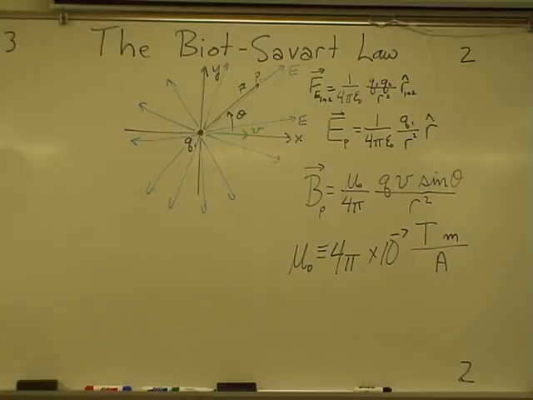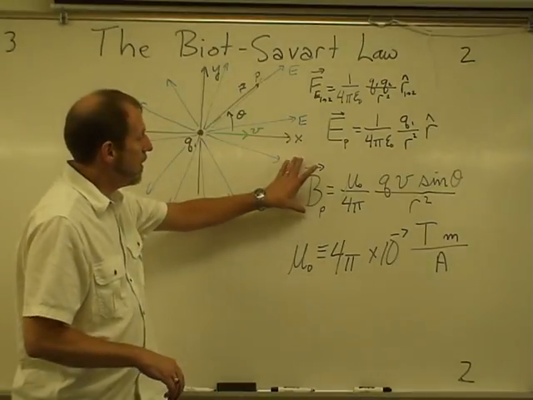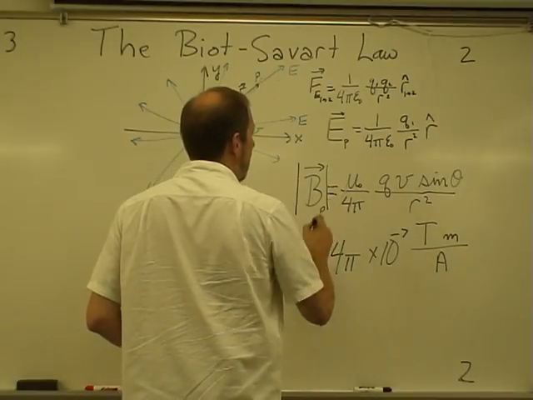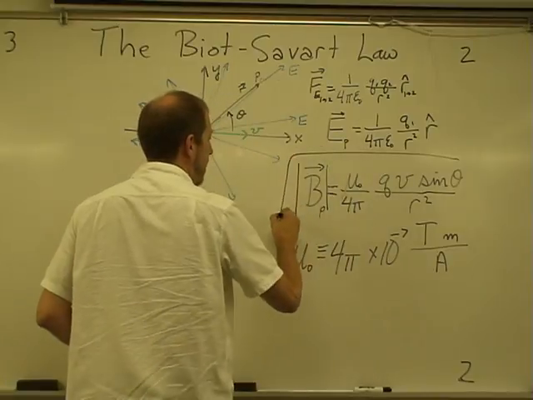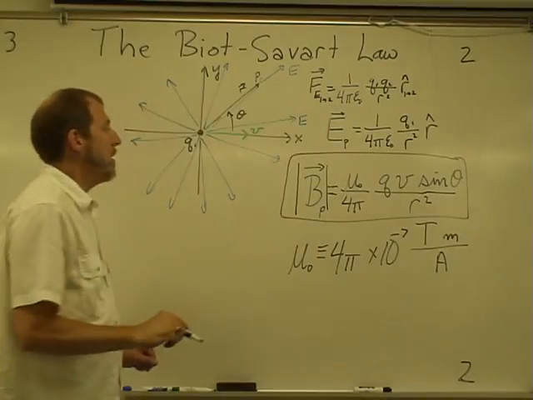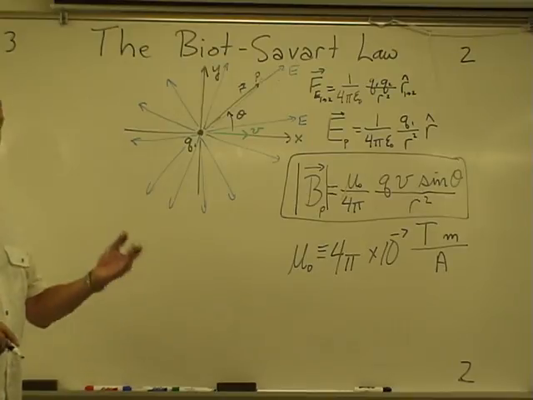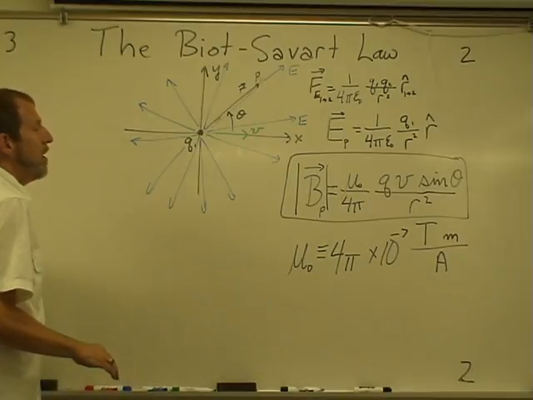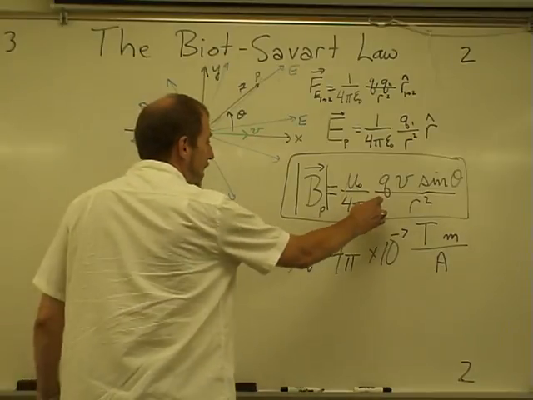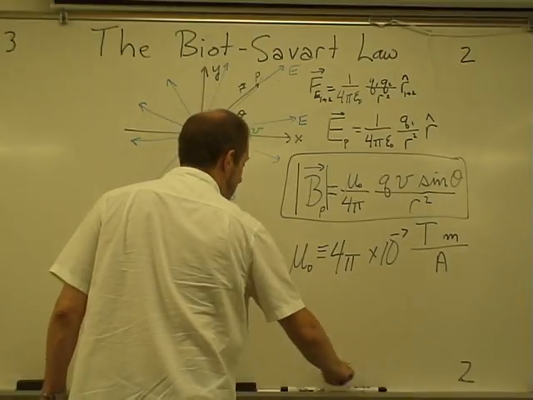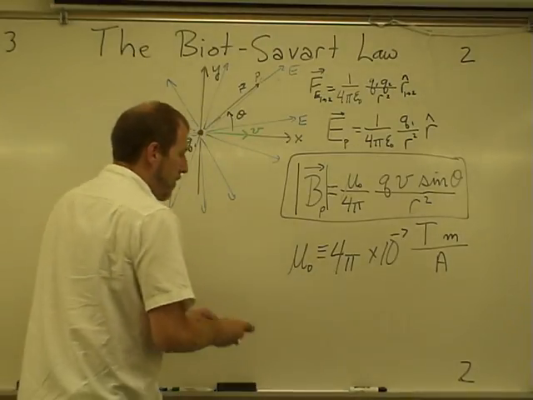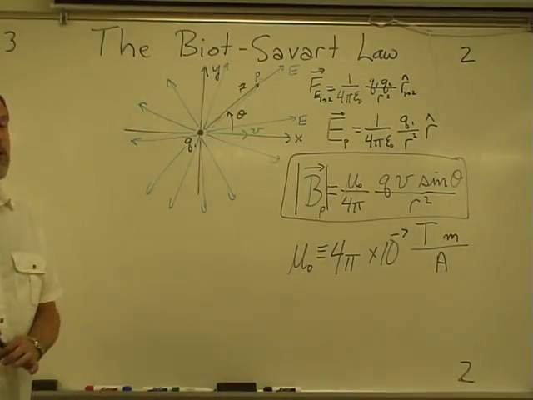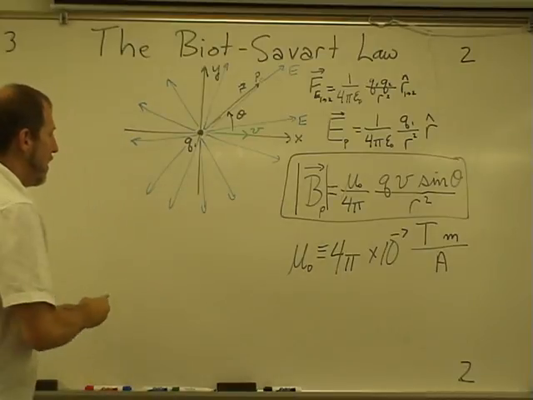Now, this actually allows us to find the magnitude of the magnetic field. The direction we'll have to define using the right-hand rule. Well, we define that by looking at this more closely and saying, okay, I can write the Biot-Savart law to find the magnetic field given by a moving point charge in this way